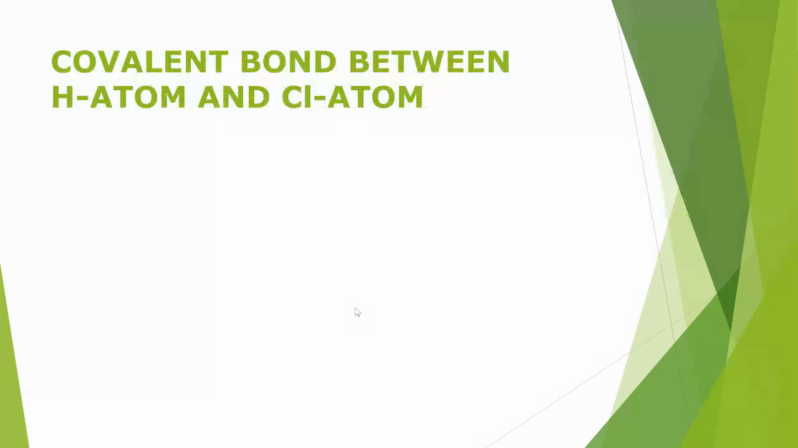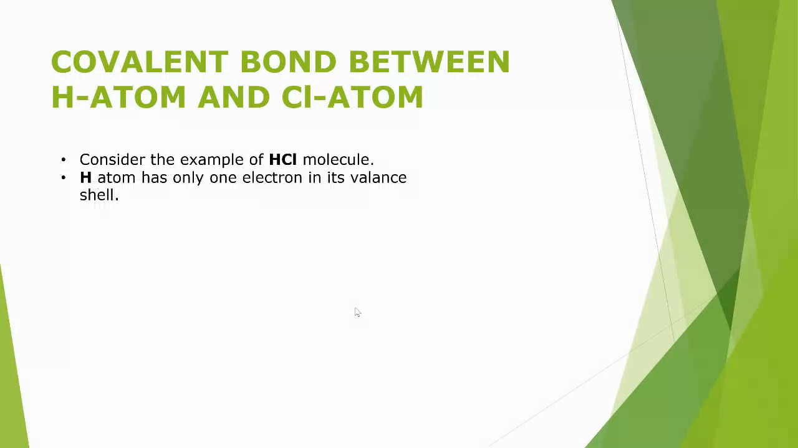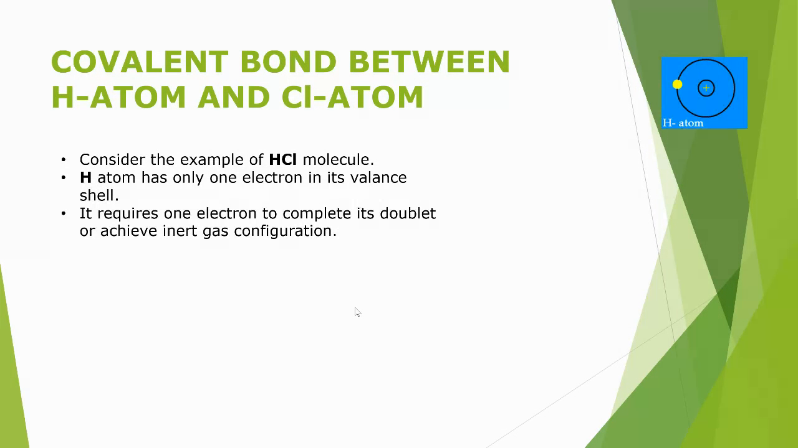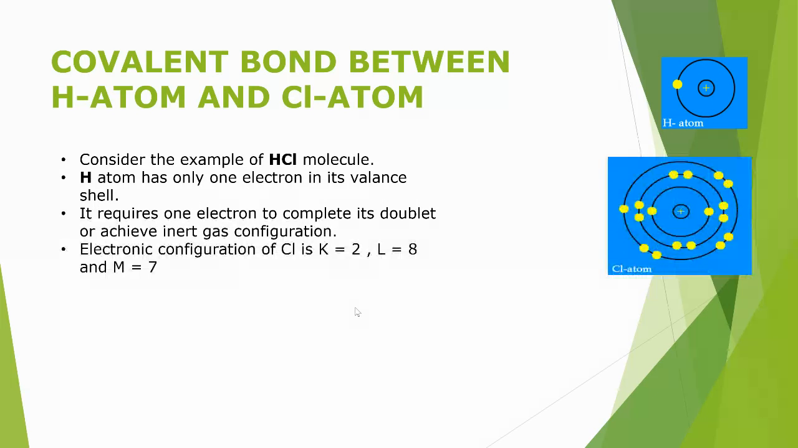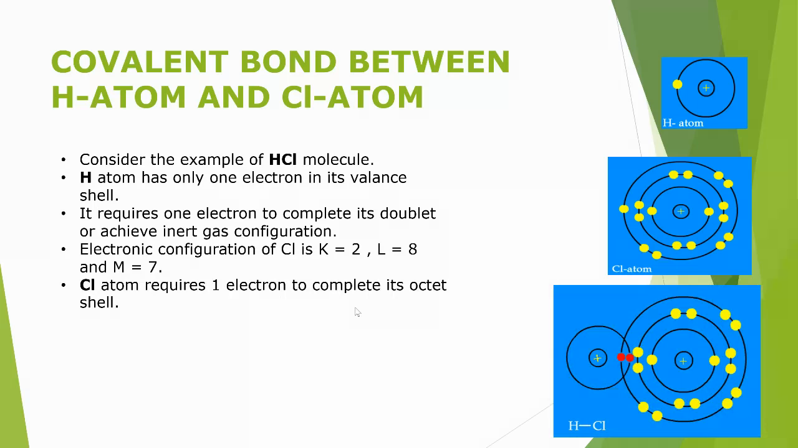Covalent bond between hydrogen and chlorine atom. So the example of a hydrogen chloride molecule. The hydrogen atom has only one electron in its valence shell and requires one electron to complete its doublet or achieve inert gas configuration. The electron configuration of chlorine is K2, L8, and M7. A chlorine atom requires one electron to complete